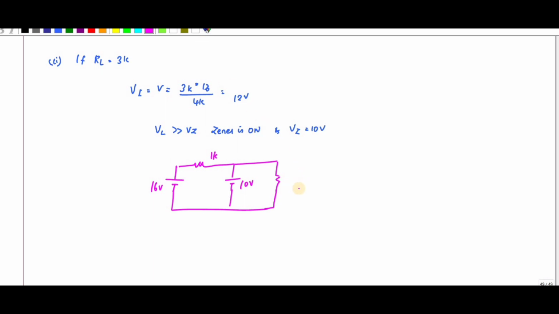This is 3K. So what is the voltage across this one? Voltage across this one is VR is equal to 16 minus 10, that is 6 volt,